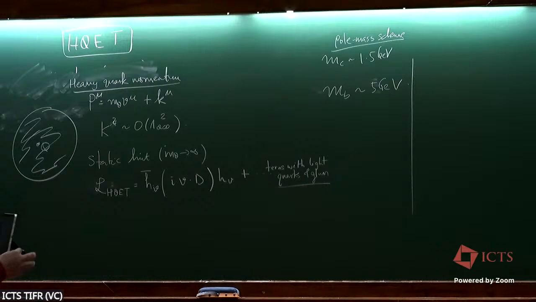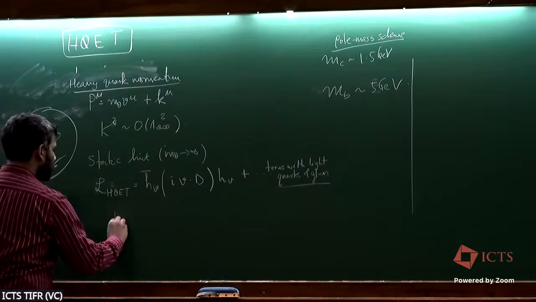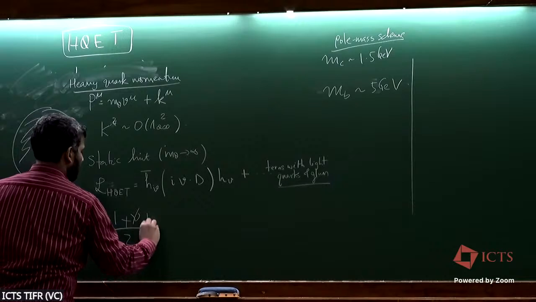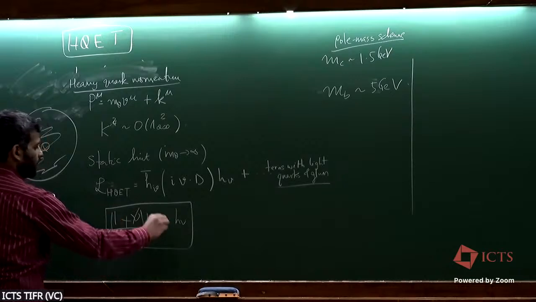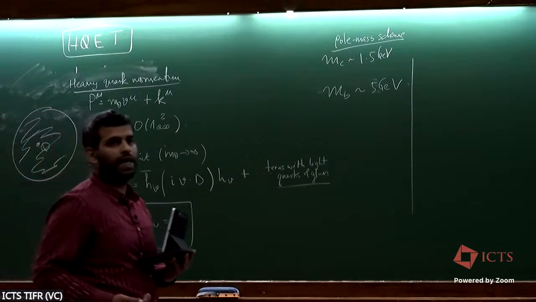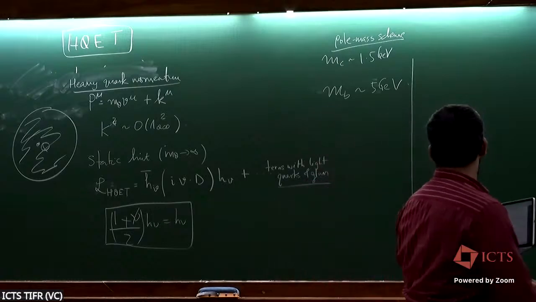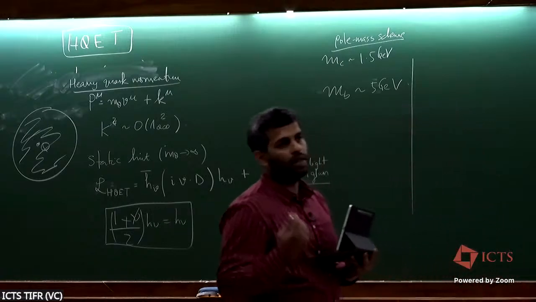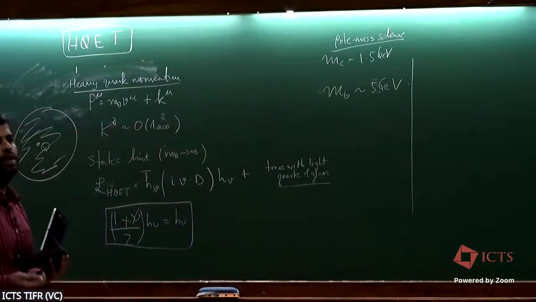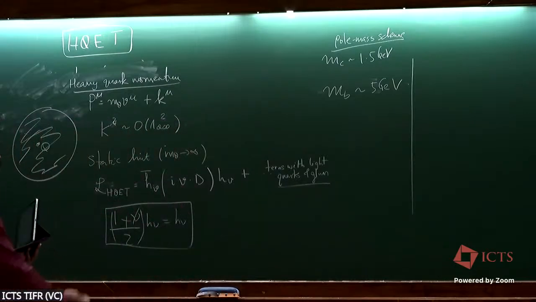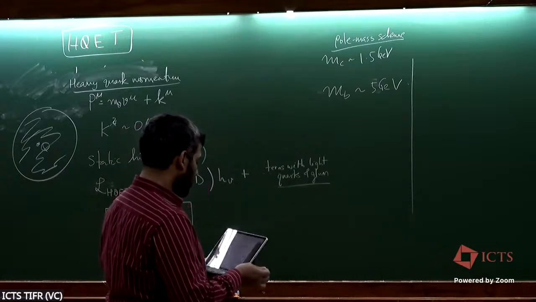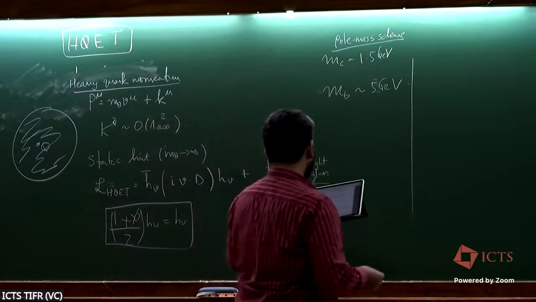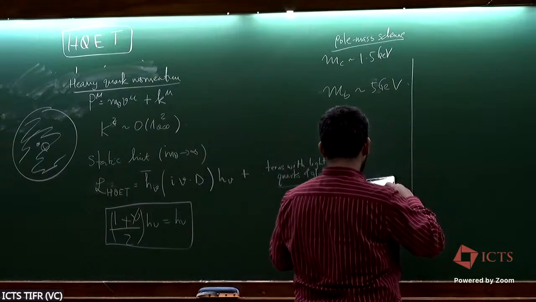So this H_v, please recall, was satisfying this projector (1 plus v slash)/2 H_v. And this 1 plus v slash is only picking up the particle component. I could have written an analogous Lagrangian where I only have the antiparticle in my picture. Because my D meson is made of one charm quark, I'm describing the system with one charm quark. I'm not describing the system of c c-bar right now. The c c-bar will come probably in the next lecture. So if I define a generator for the heavy quark spin,